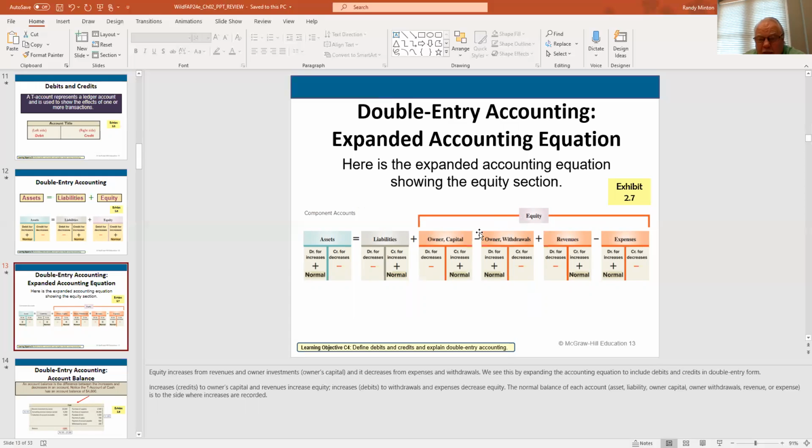Now, if you look at equity in this particular slide, this is another important thing. There are 4 items in here: capital, withdrawals, revenue, and expenses. Now, 2 of those make owner's equity go up: capital and revenue. 2 of them make it come down. If I take money out or withdraw money or property or anything else out of the business, the equity goes down. And the same thing is true when I spend money and have expenses going out. Okay? All right, so let me see if I can figure out how to get to the next chapter to talk about it.